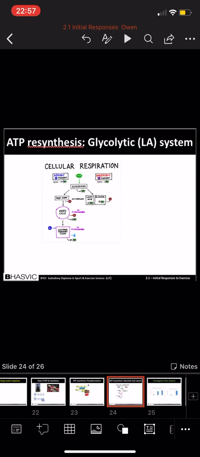Finally, the last energy system is the glycolytic system. This can also be named the lactic acid system. It is an anaerobic system and lasts around 2 to 3 minutes. The word glycolytic means the splitting of glycogen or glucose into energy. The system works by glycogen breaking down into glucose by an enzyme called glycogen phosphorylase. This glucose then breaks down into pyruvic acid through the enzyme